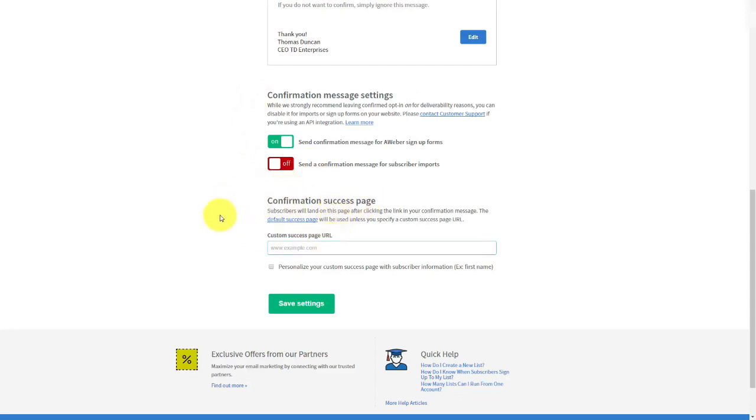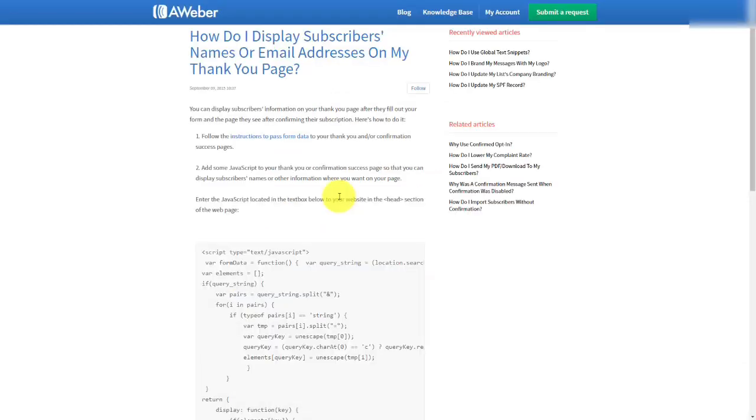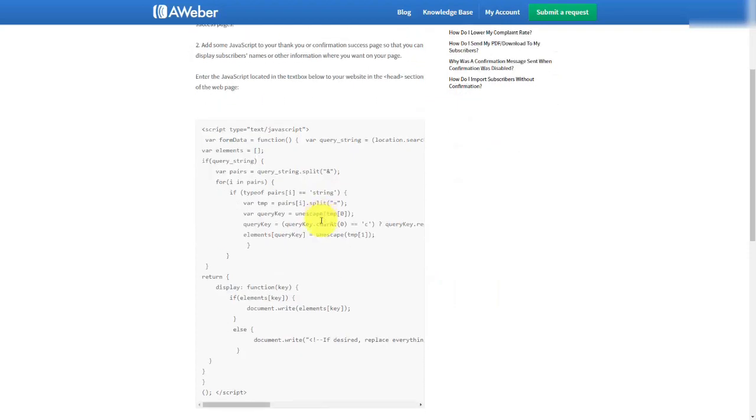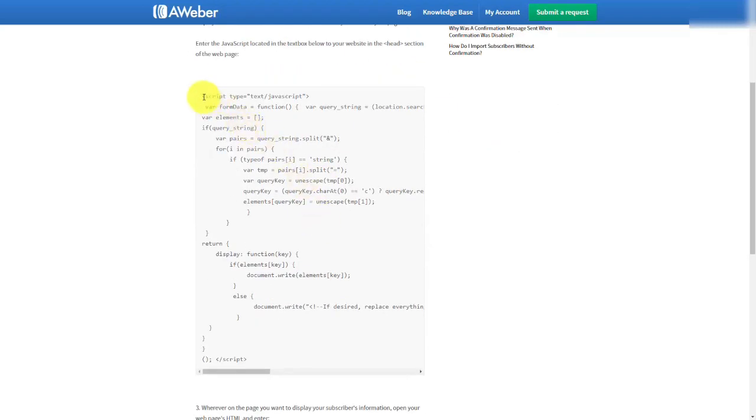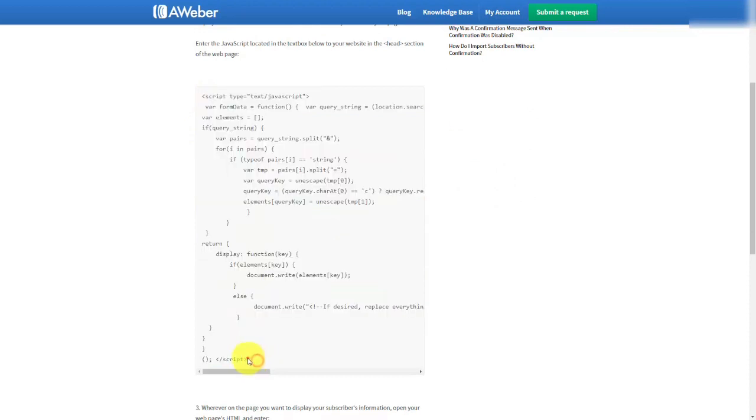Now, one of the advantages of being able to host your own success page is to personalize the page. And what you would do is you would click this button, and then you get the JavaScript code that Aweber gives you in order to place on your page. Aweber will give you the code to place before your header tag, and that code would be here. You'd need to copy